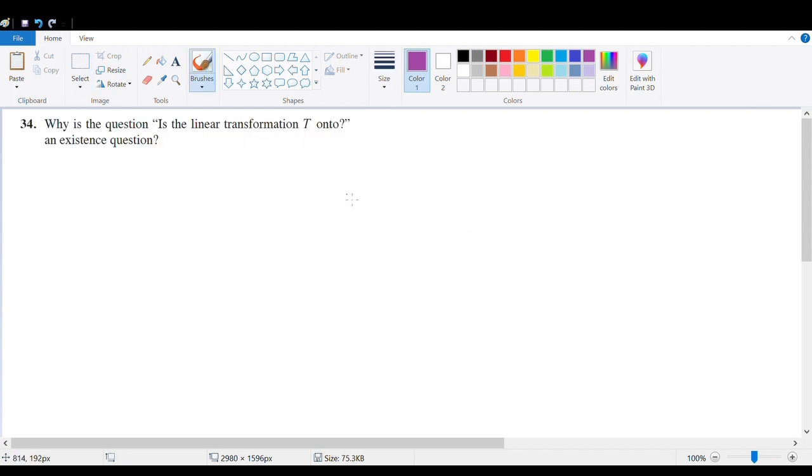In 34, why is the question "is the linear transformation T onto" an existence question? Because here we said that the transformation T maps Rn onto Rm if and only if for each y in Rm there exists an x in Rn such that y is equal to Tx. So we can write here the transformation